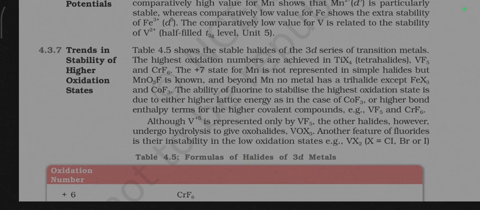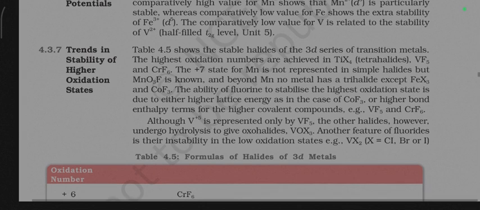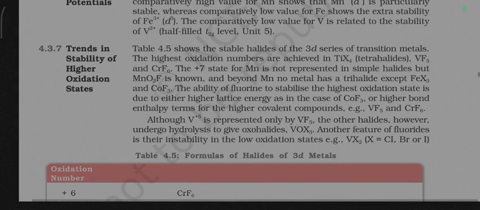The +7 state for Mn is not represented in simple halides, but MnO3F is known, and beyond Mn no metal has a trihalide except FeX3 and CoF3. The ability of fluorine to stabilize the highest oxidation state is due to either higher lattice energy, as in the case of CoF3, or the higher bond enthalpy terms for the higher covalent compounds, e.g. VF5 and CrF6. Although V